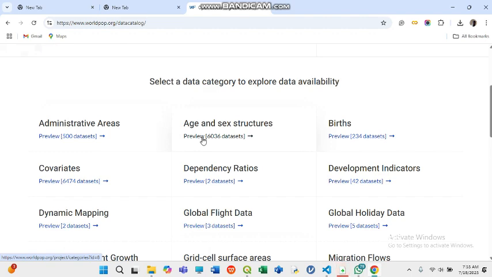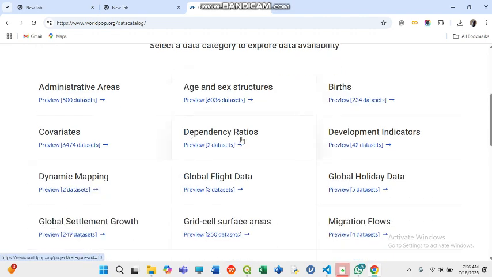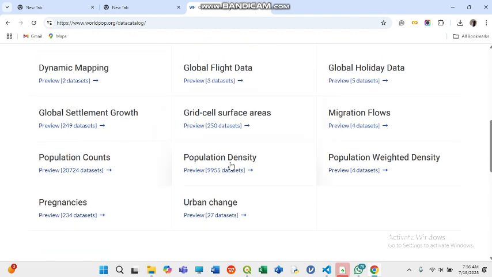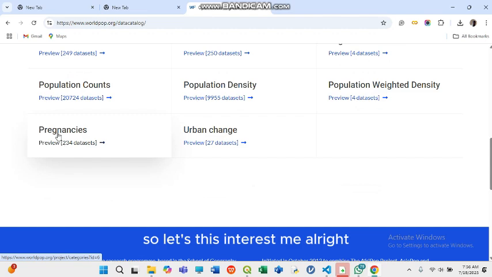It helps us to know the potential of our youth, the potential of the country, the district, the region that we are in. All this helps planners to plan very well. It helps insurance companies to plan very well. It helps the municipal and government agencies to have age and sex, demographic ratio, global flight data, gridded cell surface area, population density, urban change, pregnancies, right? So this interests me. All right, so let's see the